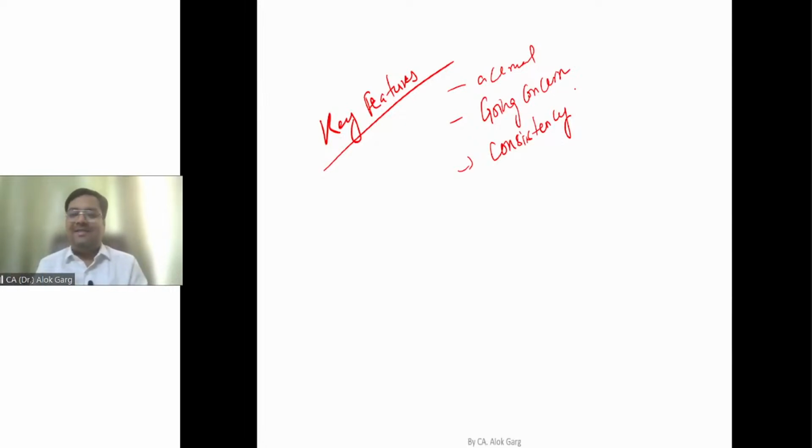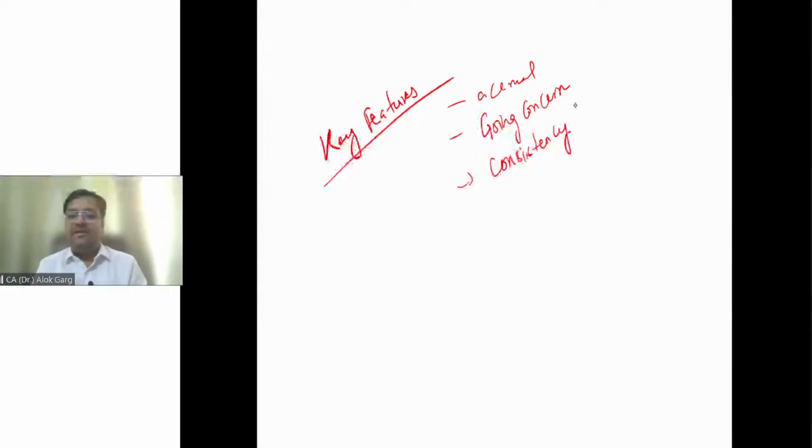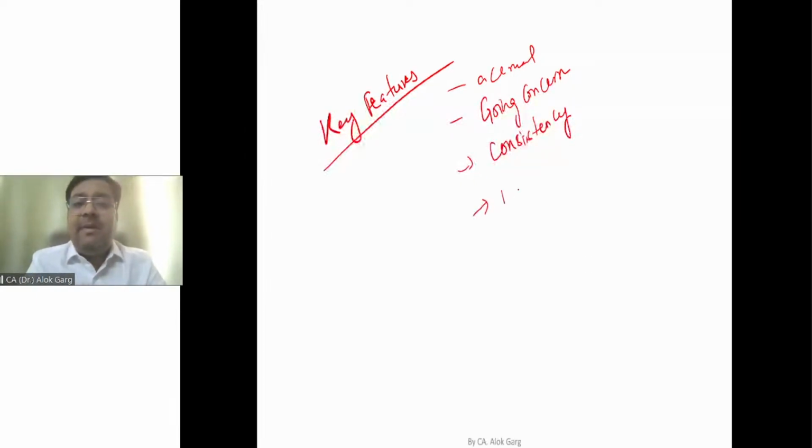Very good, Santosh. Consistency is another aspect. What is the other aspect? Materiality. Janvi is saying materiality. You're right, Janvi. So what is meant by materiality? And you remember yesterday when we were talking about Schedule 3, we talked about the materiality threshold given in Schedule 3,